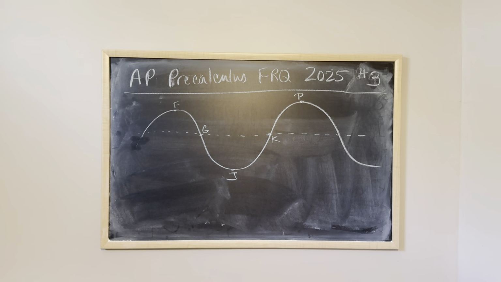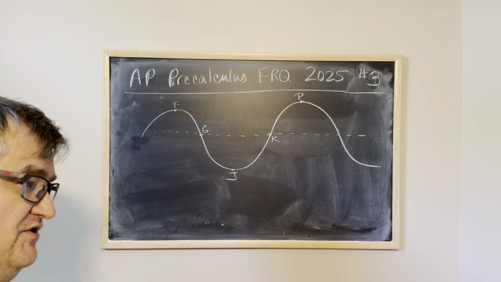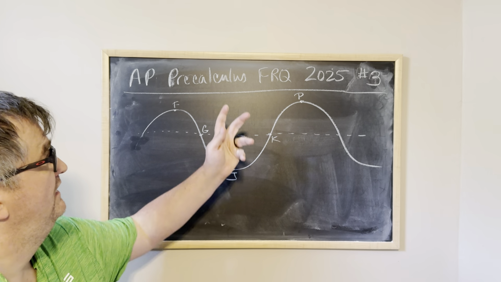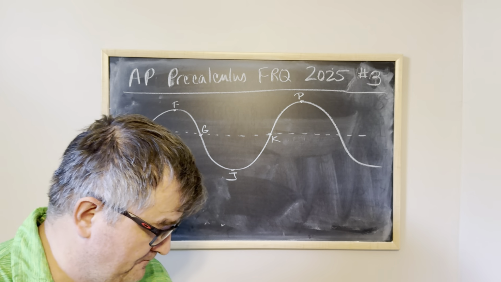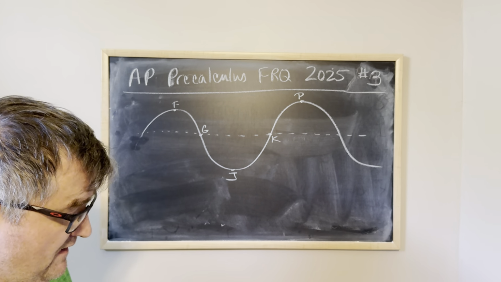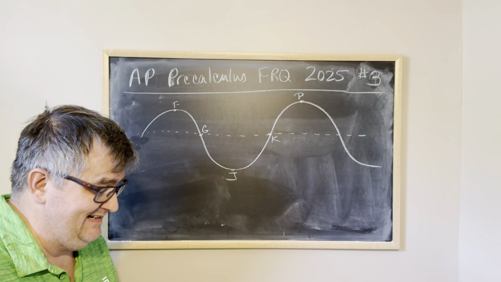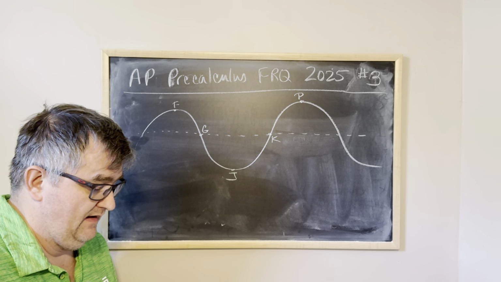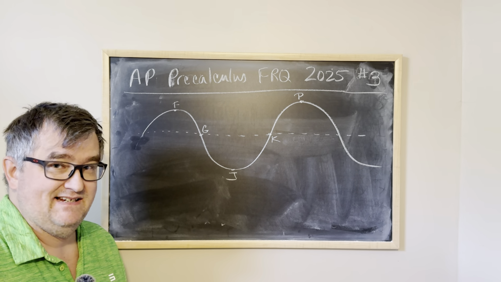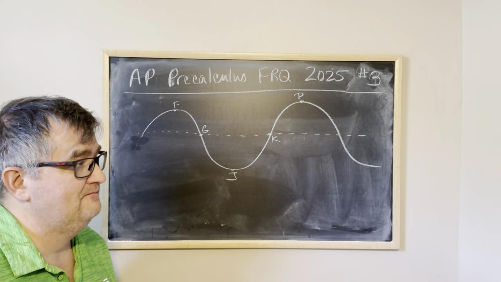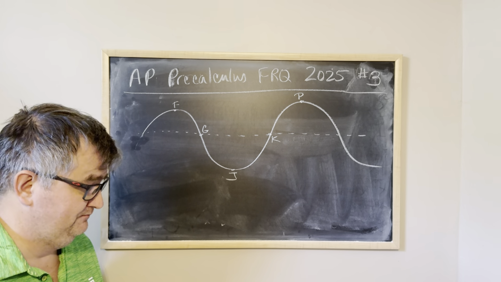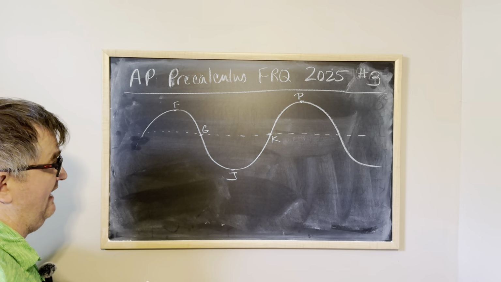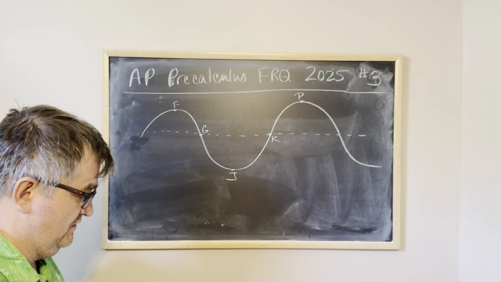And here in front of us is by far the best free response question of the 4 questions offered to students taking the Advanced Placement Precalculus exam for 2025. I'm going to put the PDF down below in the video so you can follow along. But in essence, this talks about a sinusoidal function. And so 3 parts. The first part involves this graph, and it asks you to determine